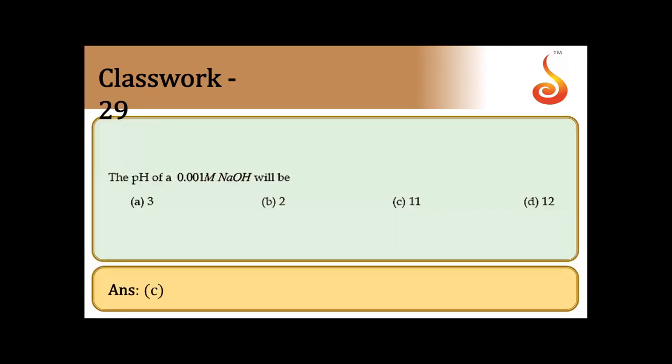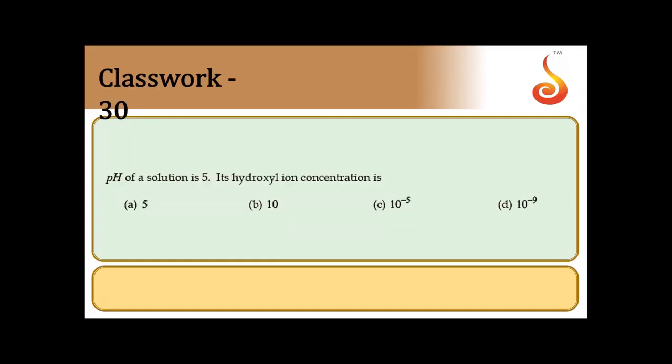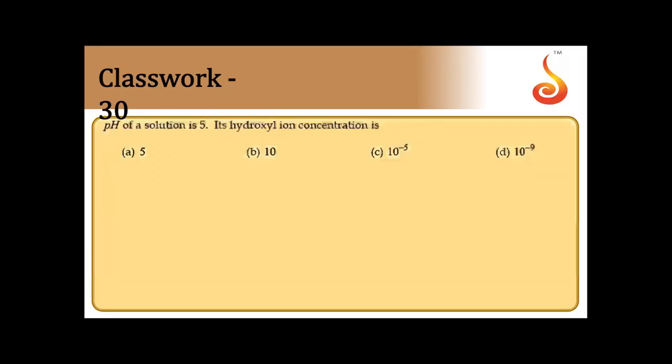Next. pH of same thing only. Then pH of solution is 5, hydroxyl ion concentration is equal to, pH is given as 5. So pH 5 implies for us hydrogen ion concentration is 10 to the power of minus 5. From there you can find out OH minus ion also. Or else from pH 5 also implies POH is equal to 9. POH is equal to 9 because pH plus pOH is equal to 14. And POH is 9 means we can say that OH minus ion must be equal to 10 to the power of minus 9 then now.